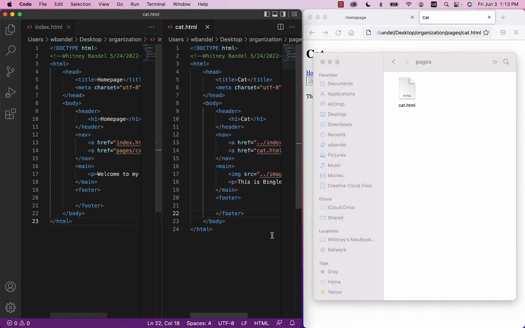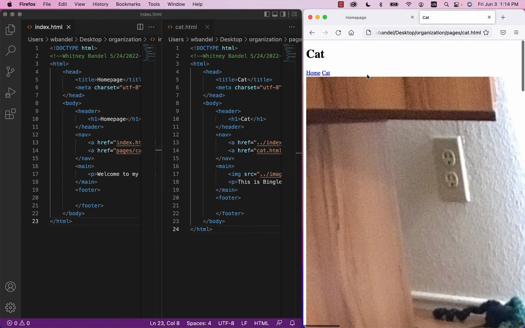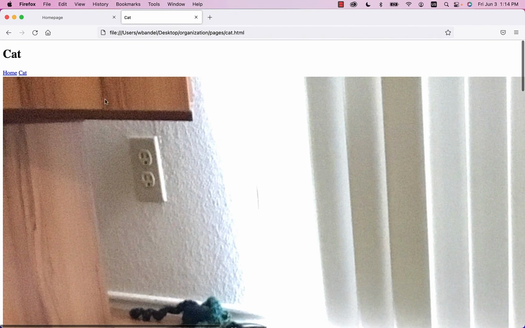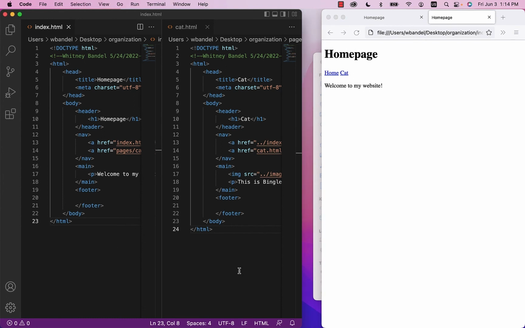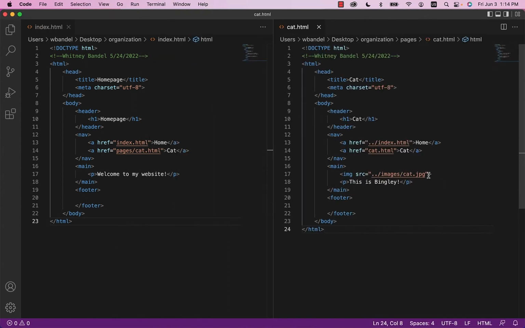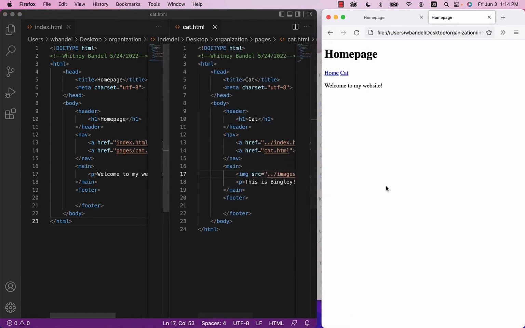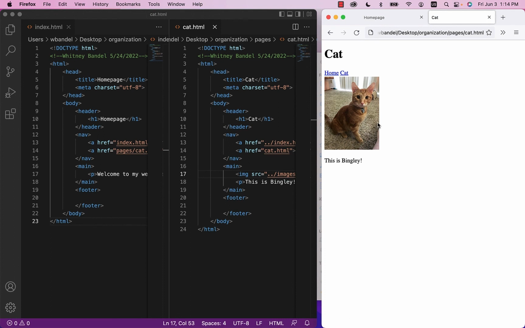Now that I have this corrected, let me hit save on both of those, and then I will refresh this. Now this will actually work, and this picture is way too large. We'd be better off if I add in, real quick, height. I don't remember the aspect ratio, so I'll just do a height of 200. Okay, so now this will work a lot better. We've got home and cat now working, and clearly you can see that the cat picture is now